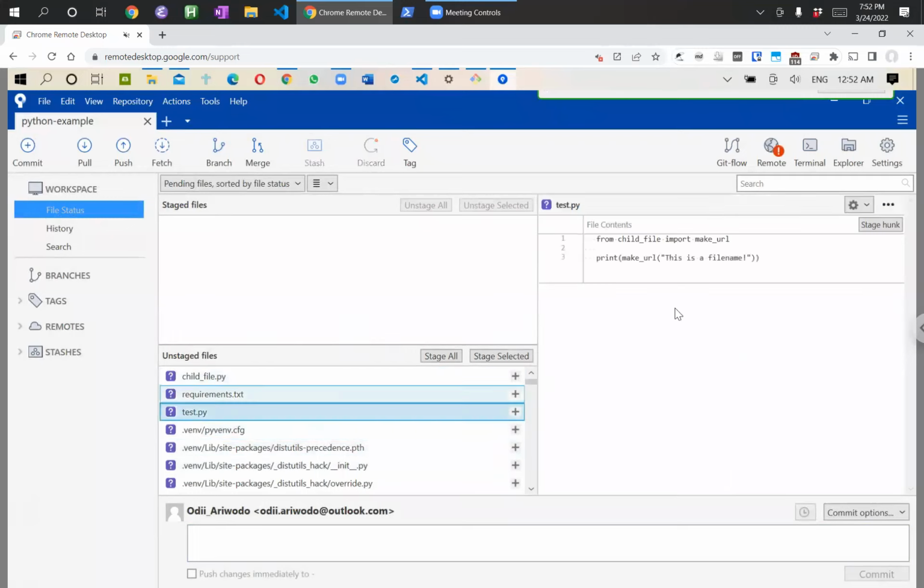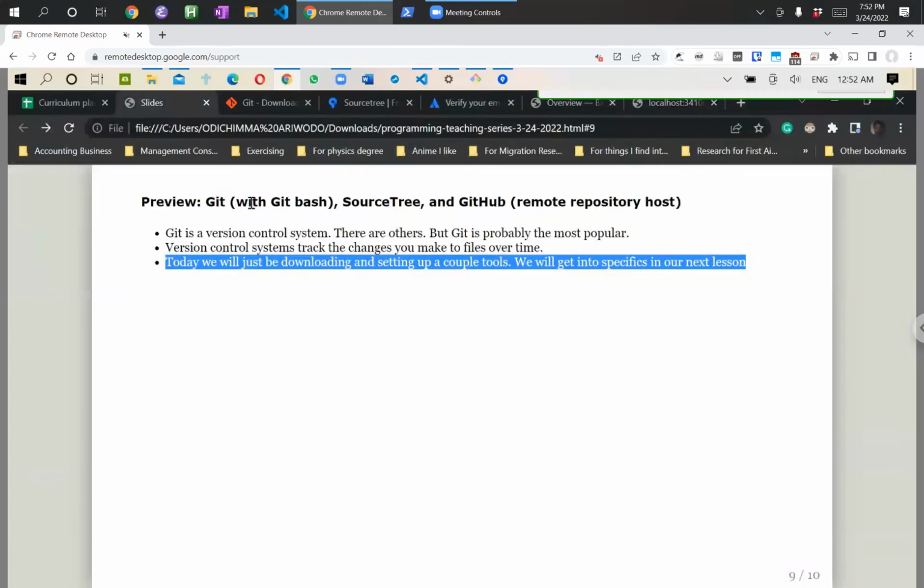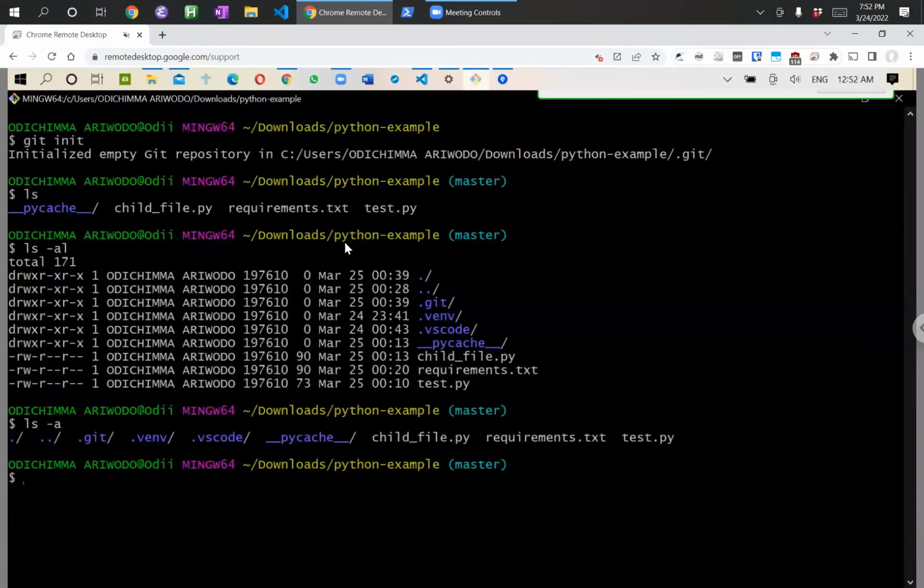So let's briefly recap before we finish here. This is what we did. We just finished installing Git with Git Bash, that command line version of it with the Unix shell, which uses bash. We got Git installed. We downloaded SourceTree. I guess actually the last thing that we were going to do is look at